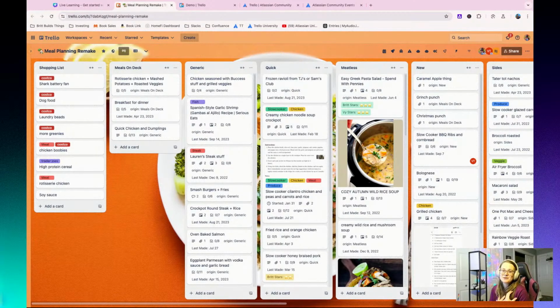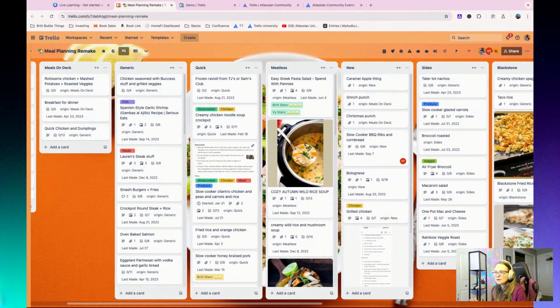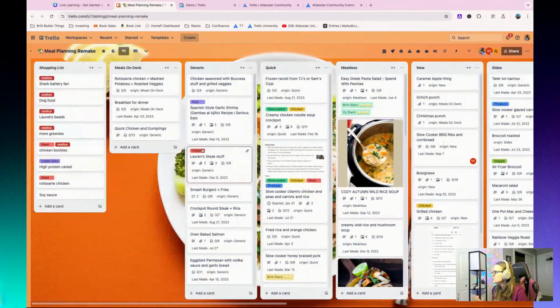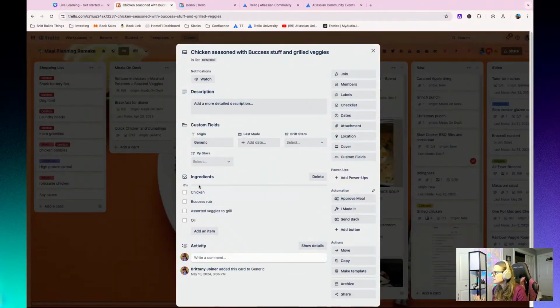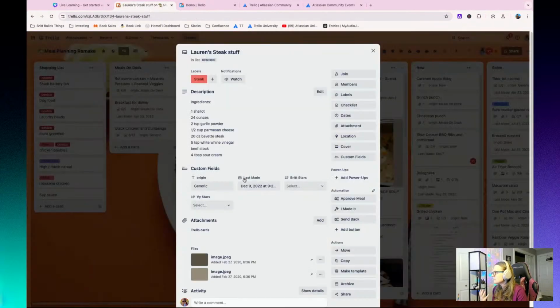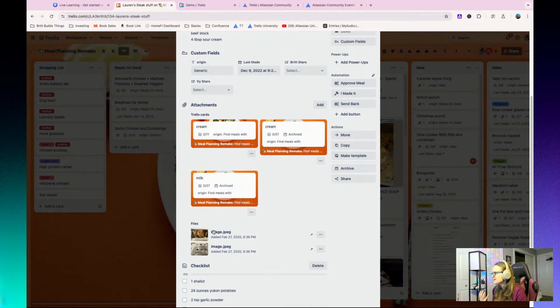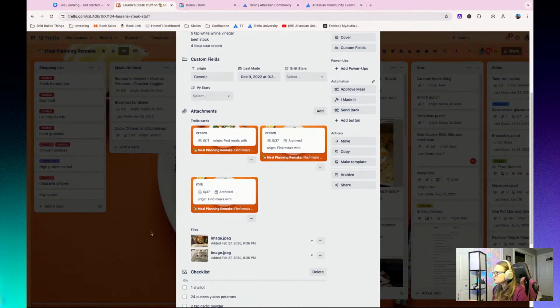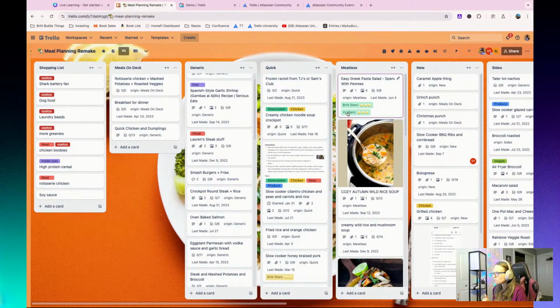This is my meal planning remake, okay? It's called remake because it used to be old and boring, and now it's really exciting. This is how my house keeps track of what we're eating this week. Every card on here is a meal. When you go into a card, you will see there are ingredients for those things, and inside of those, there might be other instructions too. In some cases I've got pictures, but they look like a checklist with ingredients. And we drag things around when we're planning for meals.